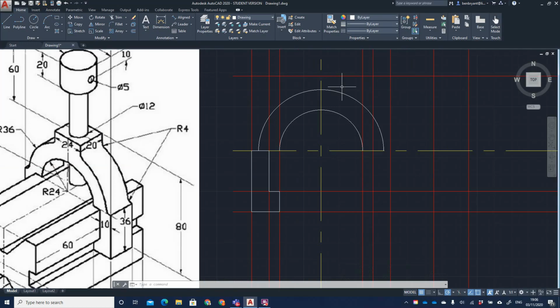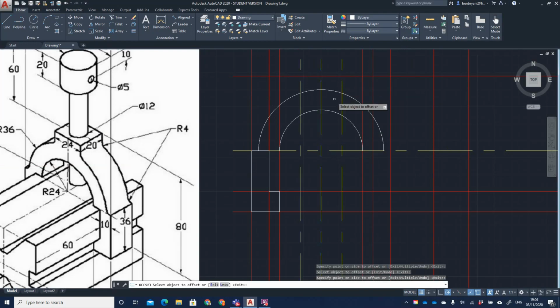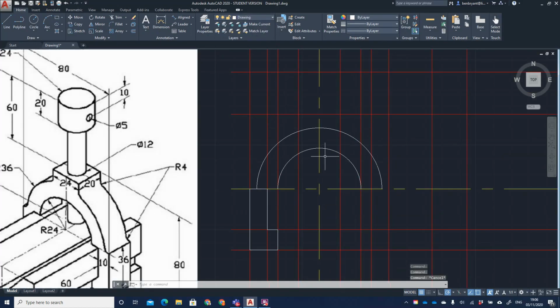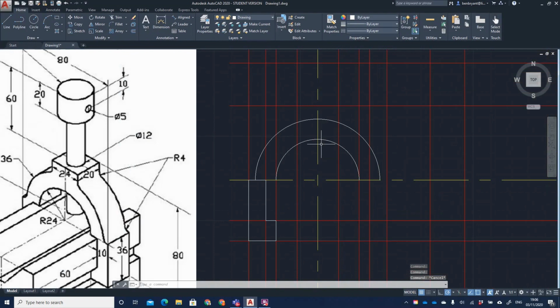So what I can do is an offset of 12 mil away from the middle, like so. And actually I'm going to turn these center lines back into construction just by changing the layer. So when I know it's 80 mil high, which is this line here, and I know that it's 12 mil